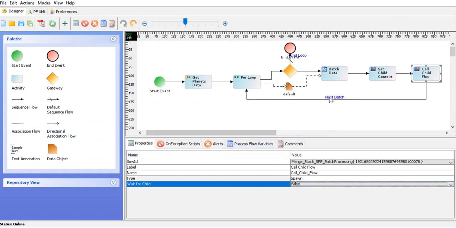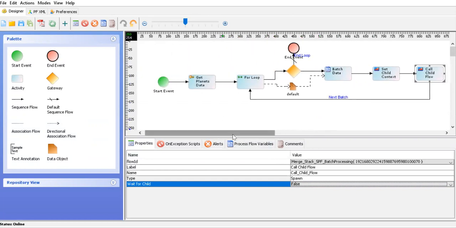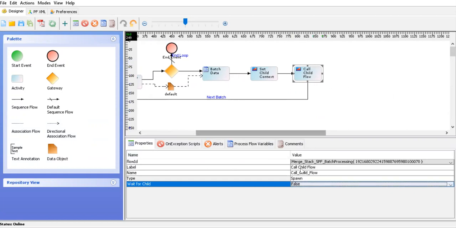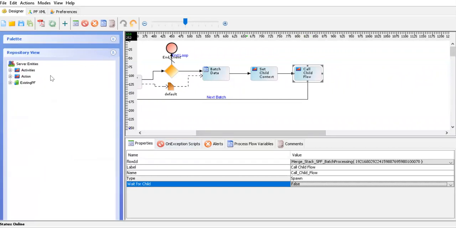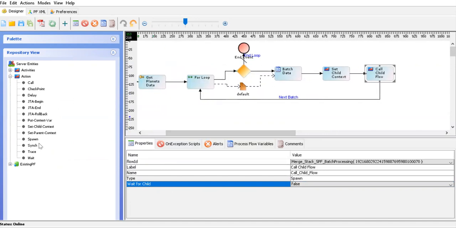That's it from this session. We have achieved batch processing by using the CP data splitter, and we have achieved parallel processing using the, I mean, this activity is not call, it's a spawn activity. Let me show you. We have already talked about this activity. This is a spawn, which gives the option to wait for child or not. In the call activity, that option is not there. That's the reason that to achieve parallel processing, we are using the spawn activity.